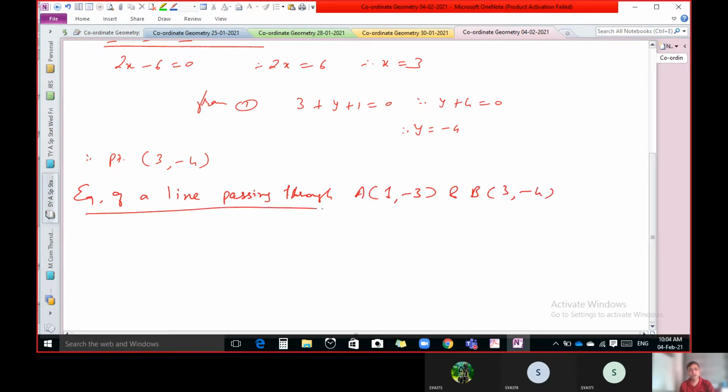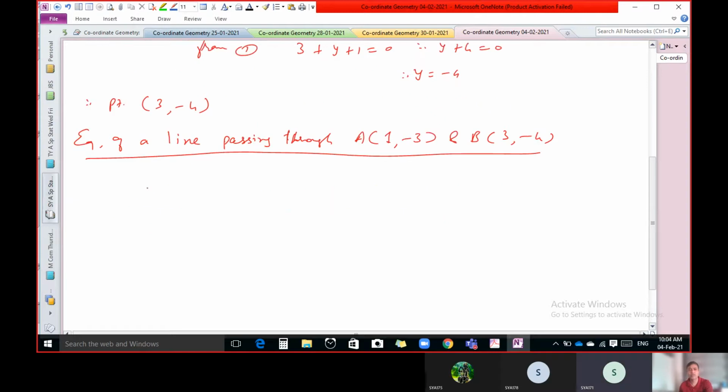So which formula do we have to use for this situation? Which formula do we use when we have 2 points? The formula is: y minus y1 upon x minus x1 is equal to y1 minus y2 upon x1 minus x2. You can consider this as your x1 y1 and this one as x2 y2. And now substitute values.